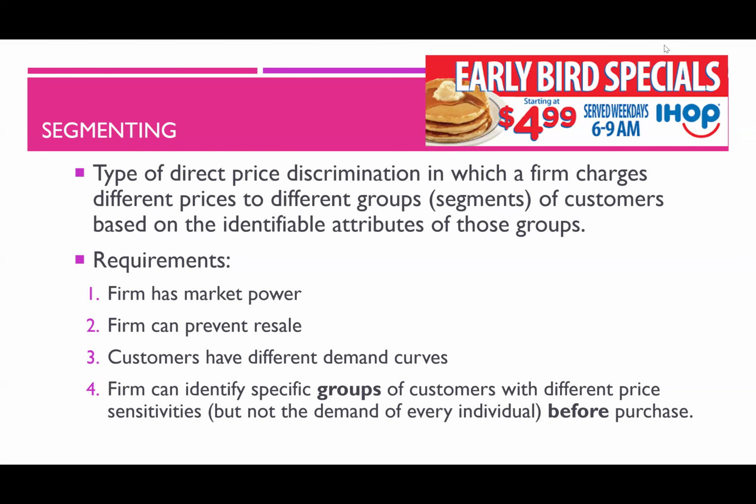Now we're going to talk about segmenting. So segmenting is technically what we refer to as third-degree price discrimination, but like perfect price discrimination, it is a form of direct price discrimination. So in this case, firms are charging customers different prices before they purchase the good, but that different price is based on their group